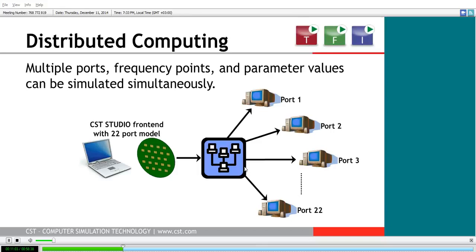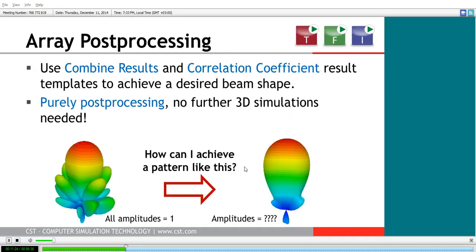In particular, our distributed computing capability can be very attractive to mitigate that disadvantage that you have when doing a transient analysis. You can use distributed computing to farm out the ports to be solved in parallel on different compute nodes in a cluster, giving you a linear increase to compensate for the extra time it takes to excite those ports. This extra work will really pay off if you're looking at doing a lot of optimization iterations on your overall beam weighting,